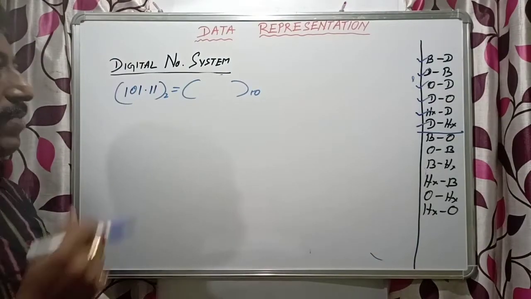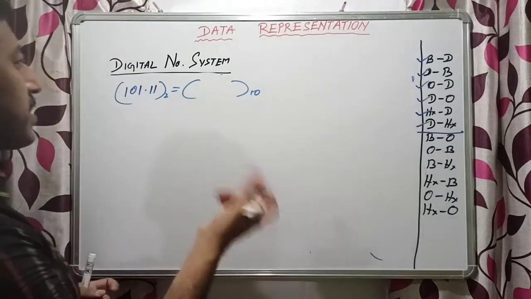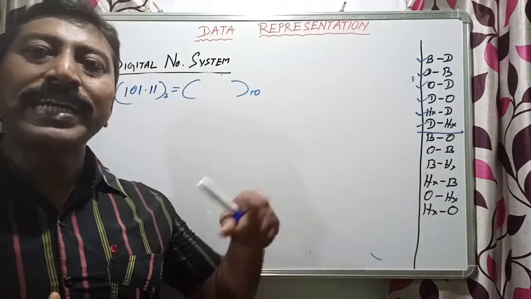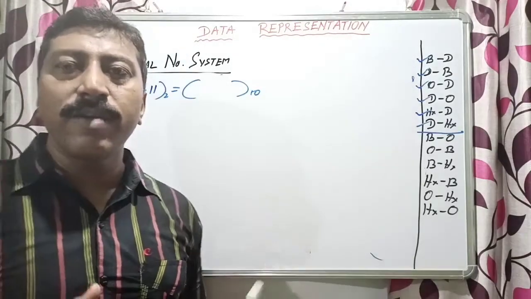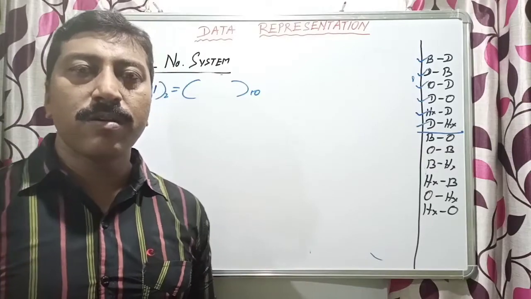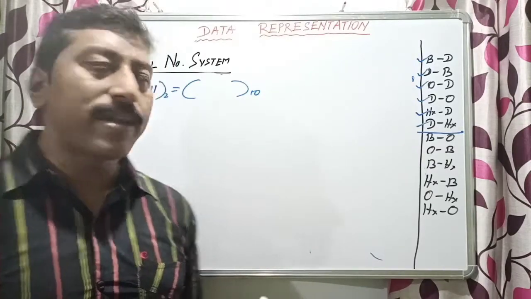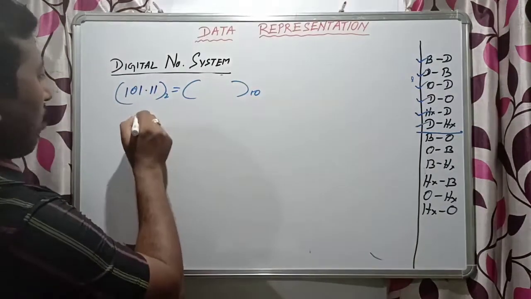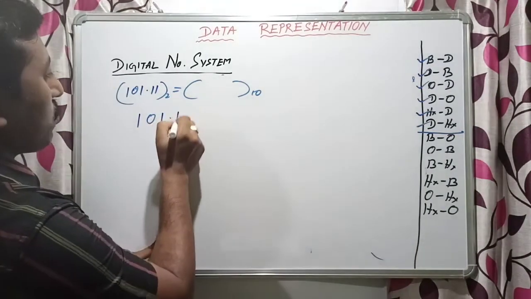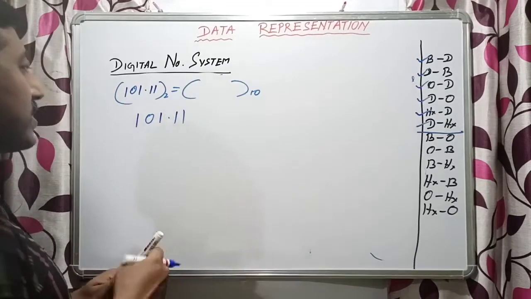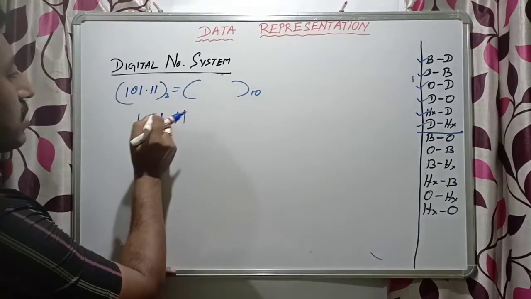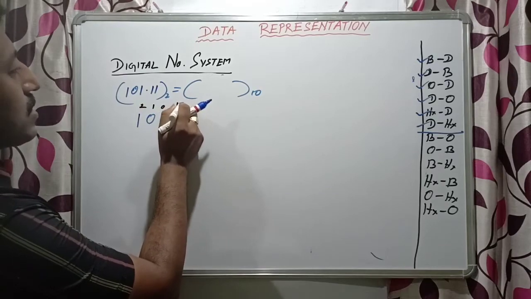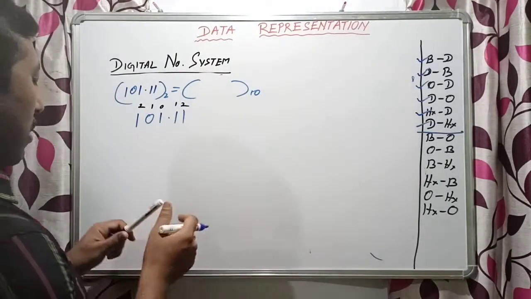So here I have written one example, binary to decimal. Earlier I have shown you with integer values, but now I am taking a decimal value, just to represent how to convert it. And the binary is also in decimal form. So how to write this one: 101.11. Earlier we took positions as 0, 1, 2, but in this decimal form you write 1 and 2 for the fractional part.